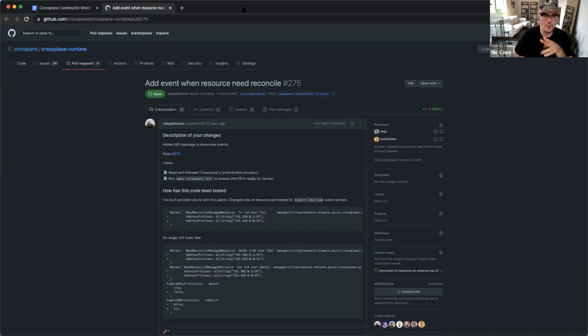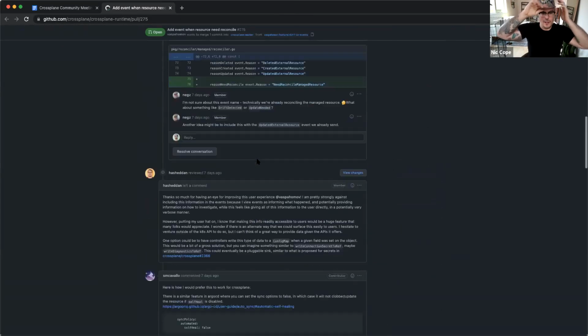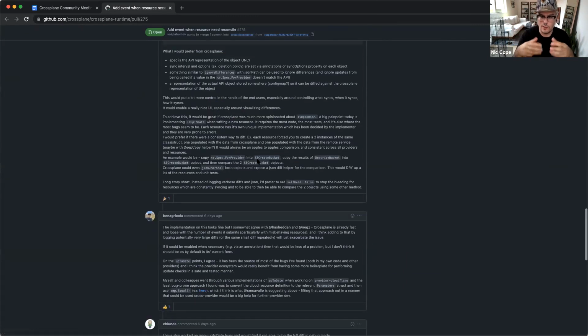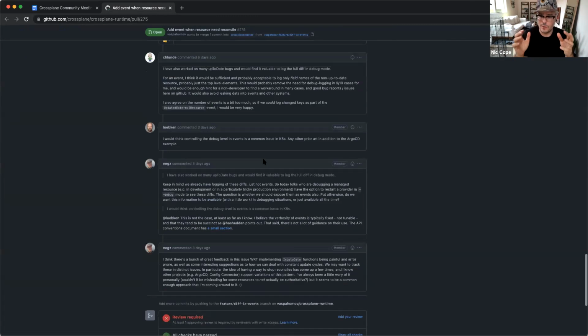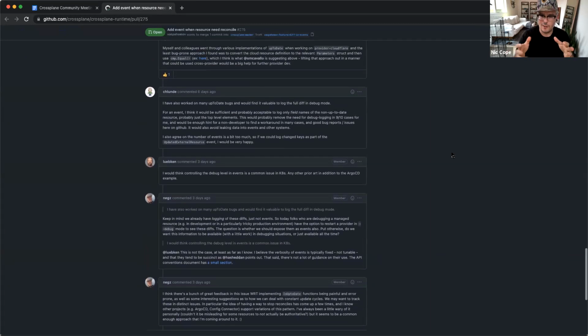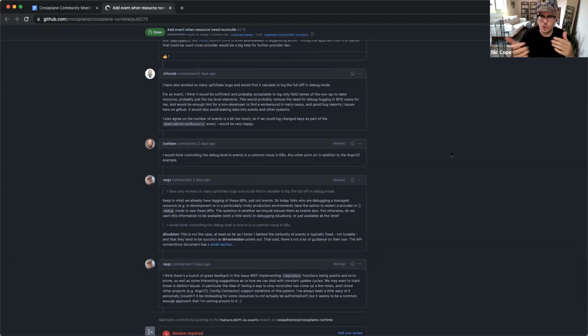So a while ago, one community member added a bit of functionality to all Crossplane resources once the new Crossplane runtime release goes out, where in the debug logs, if we determine that a particular resource is not up to date, i.e. that we need to go and do something to the cloud to change it to match your declarative state, we'll now include in our debug log a little diff of why we think it's not up to date.